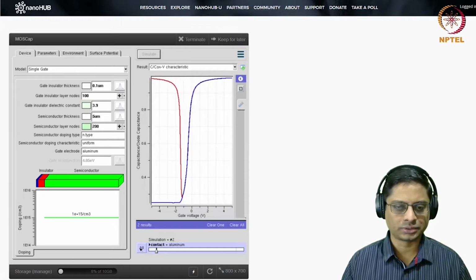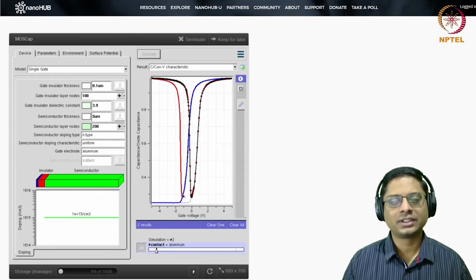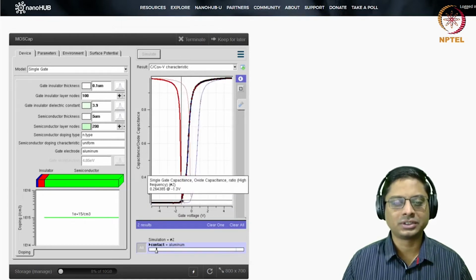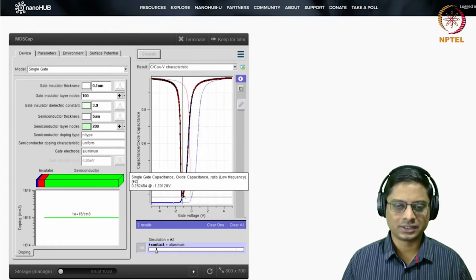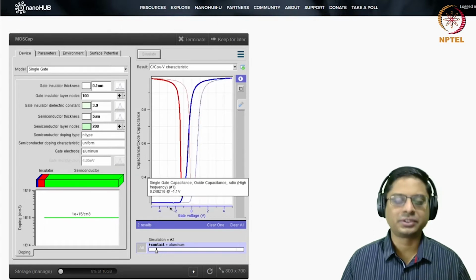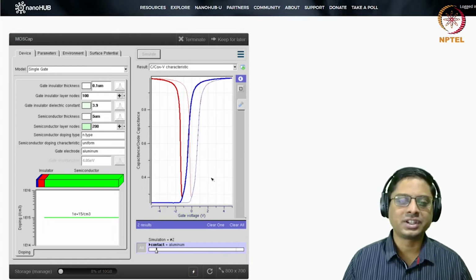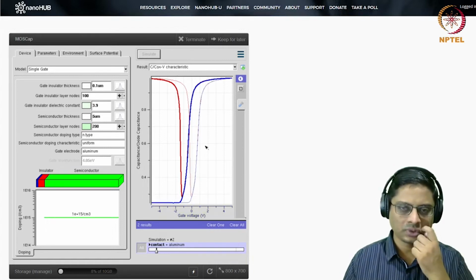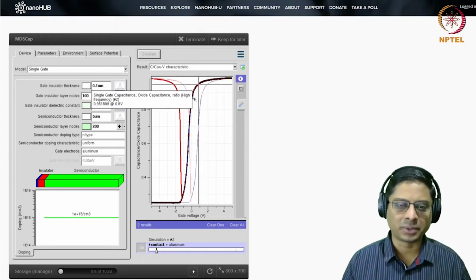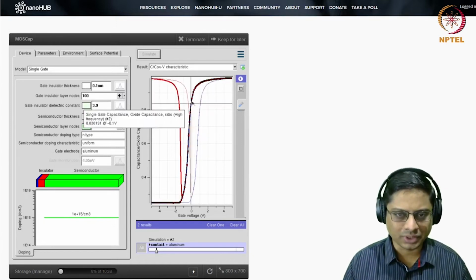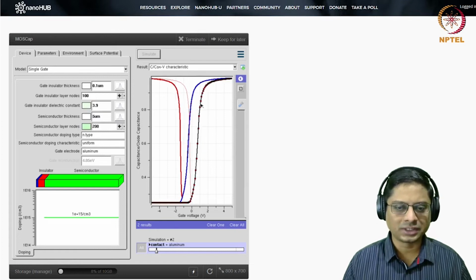I need to plot both. You see here, there's already a significant shift towards the negative voltages. This essentially means that, yeah, there is some small depletion probably happening at 0 volts. Okay. Whereas if you take the earlier case of